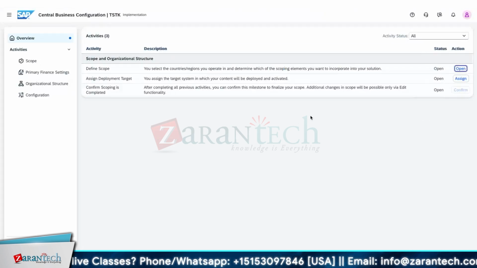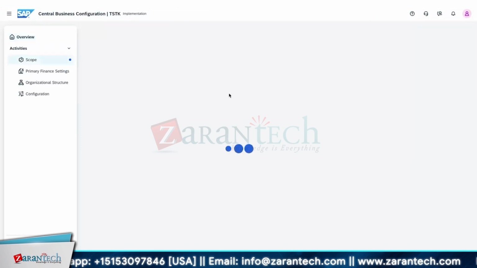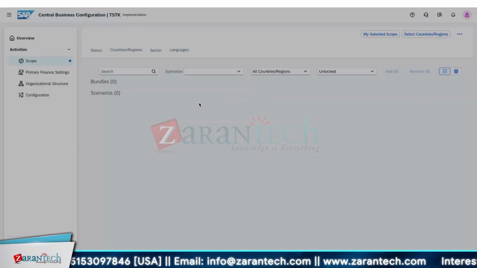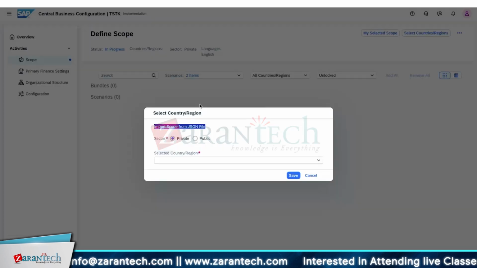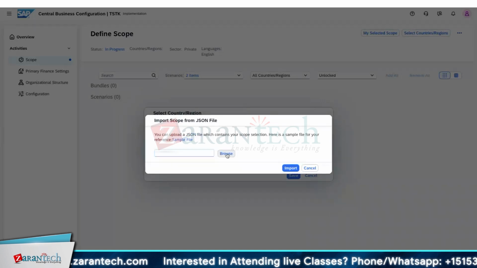Okay, the moment you open the scope, you will get this JSON creation option. Open that. Right, so here we are getting this import scope from JSON file. This option is there. So you can simply go to import scope from JSON file, browse the file,